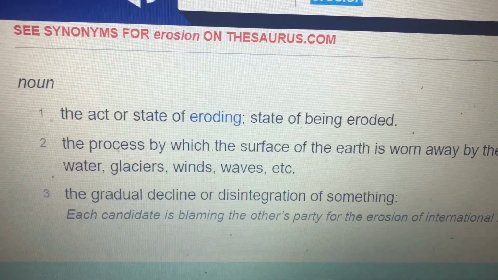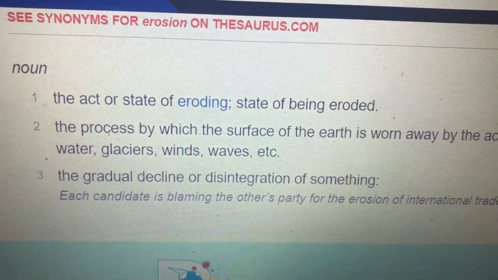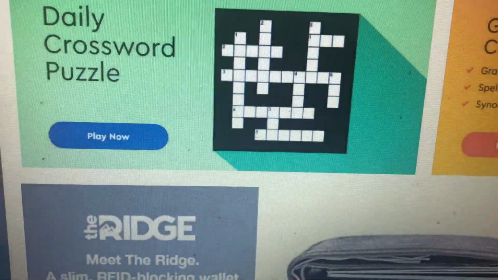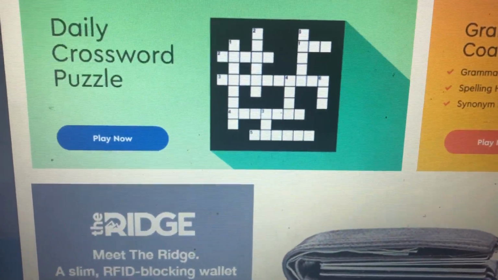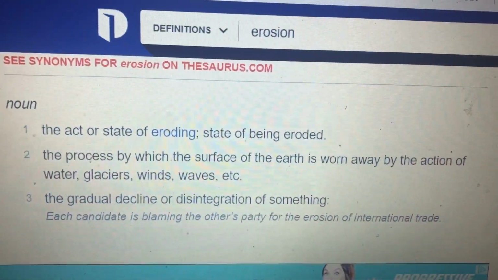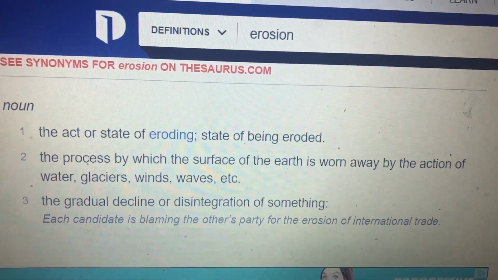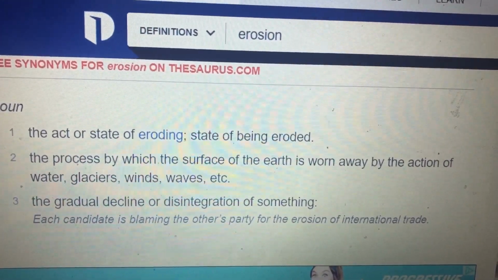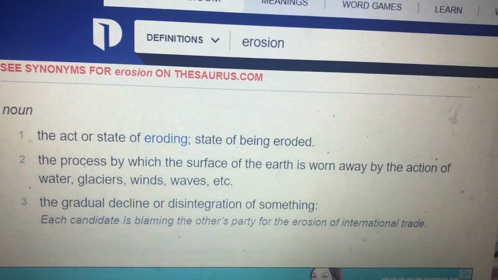So the first thing we have to do is actually define erosion. What is erosion? And then we have to put water and erosion together. So let's look at this definition over here on an online dictionary, okay? Specifically, let's look at the second part of the definition. It says, the process by which the surface of the earth is worn away by the action of water,